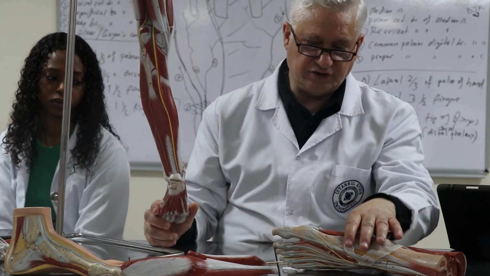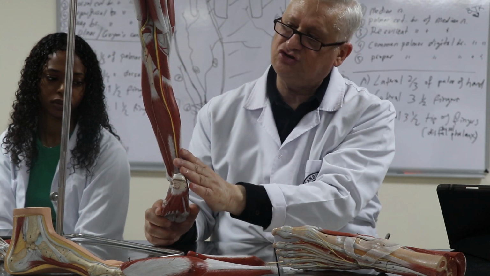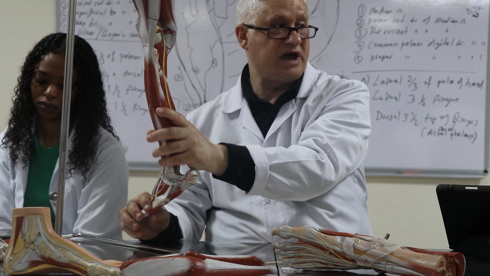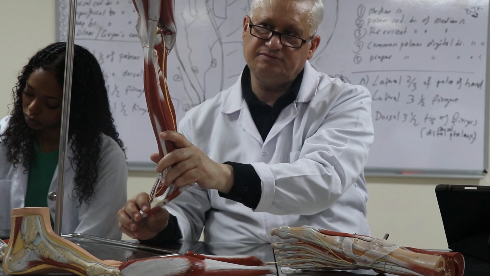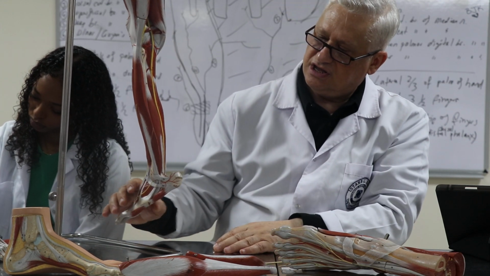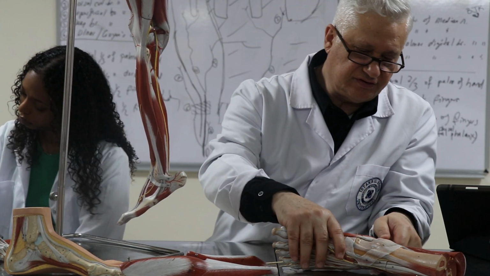So let's go back to our original. So we have the flexor retinaculum. And by the way, we have the tibial nerve. And basically the tibial nerve supplies all the posterior compartment muscles. All right. And on the medial compartment, like I said,